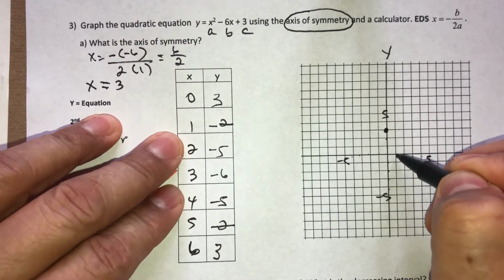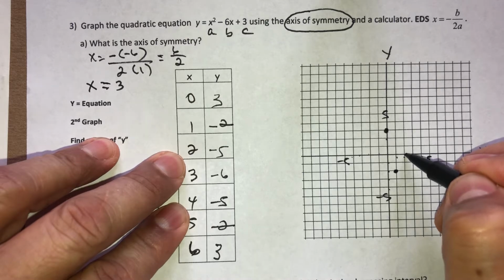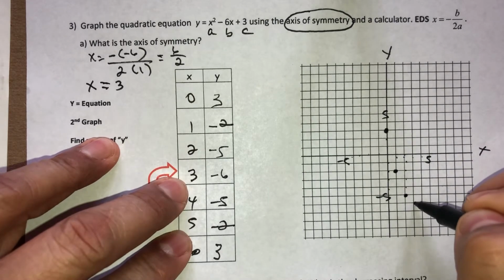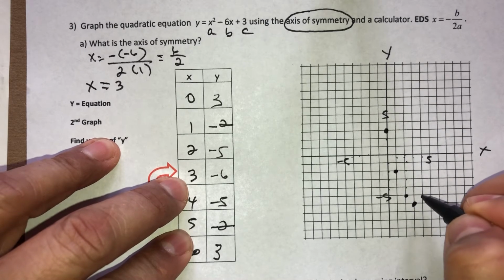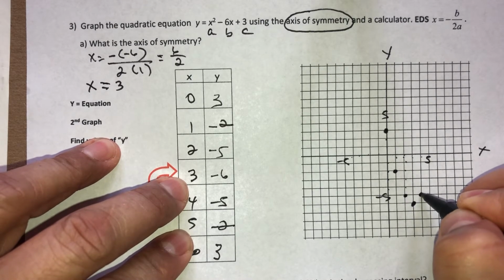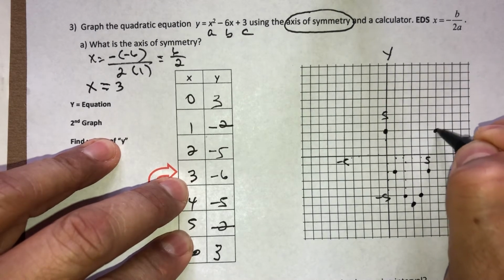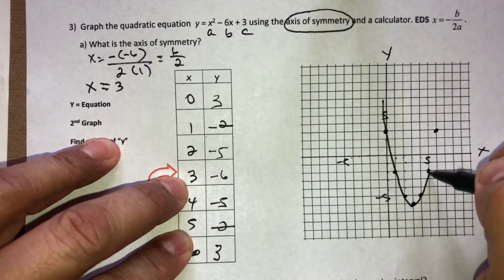When x is 1, y is negative 2, so 2 down. When x is 2, negative 5: 1, 2, 3, 4, 5 right here. And this is my vertex. So after that, guys, just remember, open up one, match the point. Open up one, match the other point. Open up one and match the other point. And that should be your